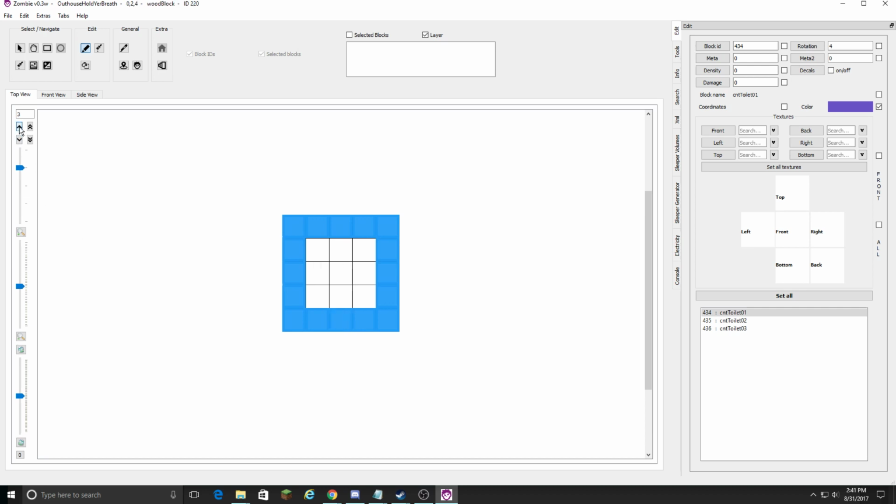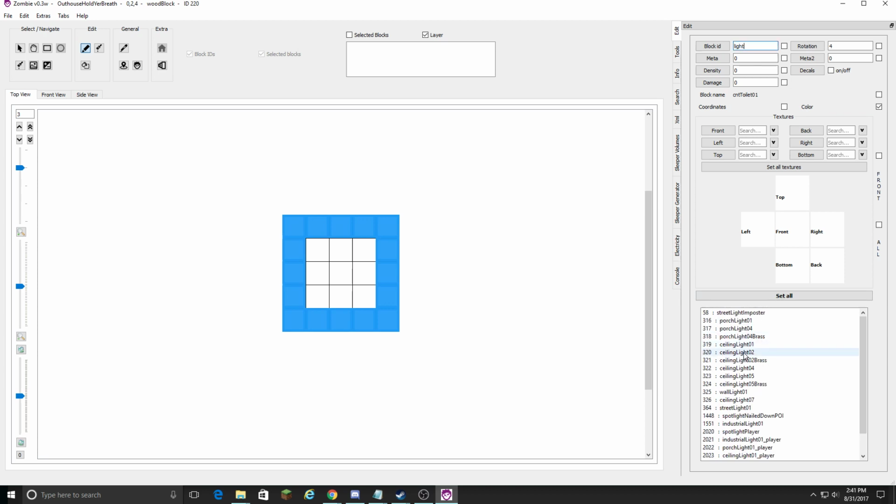And we come up, maybe we'll do some lights in here. Lights. We'll do a ceiling light 1. I don't even know what that one looks like, but we'll do a ceiling light 1. I'm going to just put it right here. I don't know if my rotation's right. And that's one of the challenges that you'll run into with this type of editor. We can cover some tricks to figure that out later on, but rotation tends to be a challenge with this. Don't worry about it right now, but all we need to know is that we got a light right here